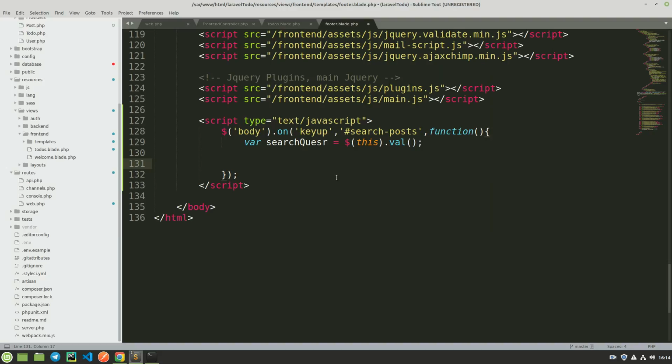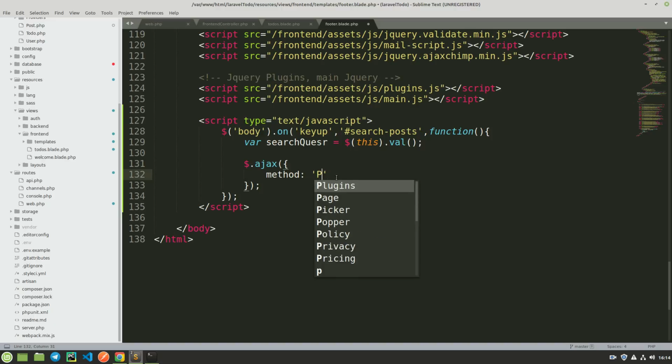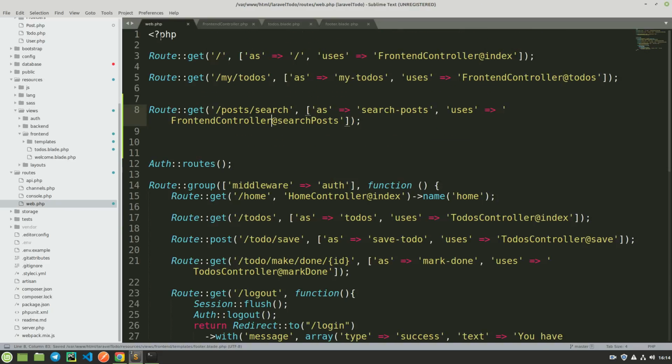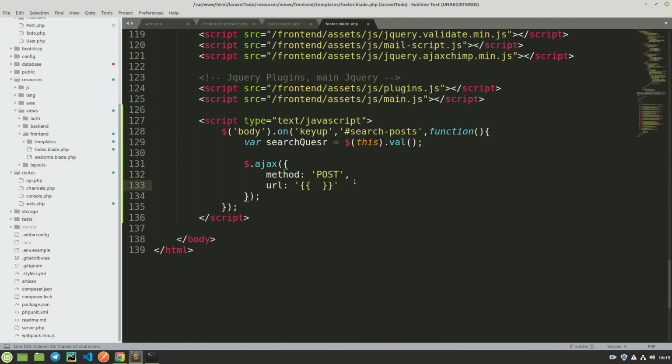So we can just write our AJAX code here. So dot AJAX, and then what do we want to do here? We want to tell it that the method here is going to be post, and then we also need to tell it where it will send this thing, and we want this thing to go to a route that we have created. When you go here, you remember we have this route, search posts, so we want to send it to that particular route. So we can just say route and then add